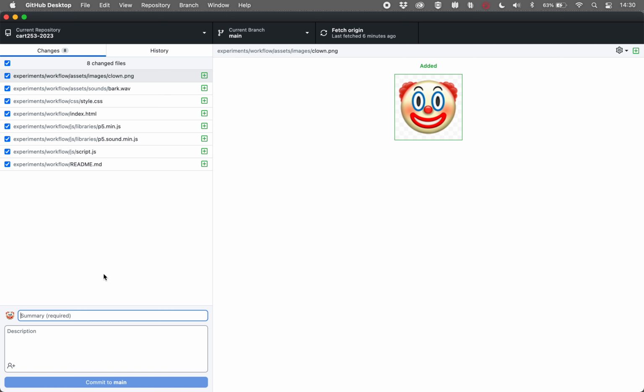So I might say, for example, here in this summary box down here, started a workflow experiment using the template. So that's describing exactly what this progress in my current project represents, right? I started something, I added some new files to my repository, I describe what it was that I did, and